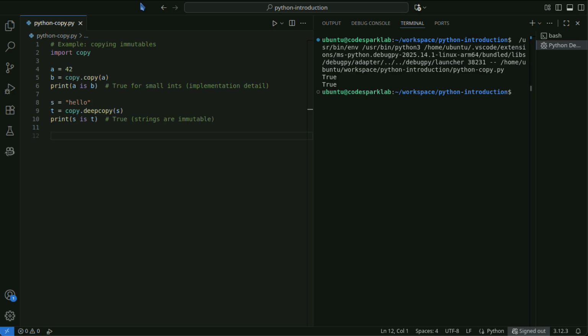If the default copying is not what you expect for your class, you can provide your own copy logic. If you define __copy__ and __deepcopy__, copy and deepcopy will use them.